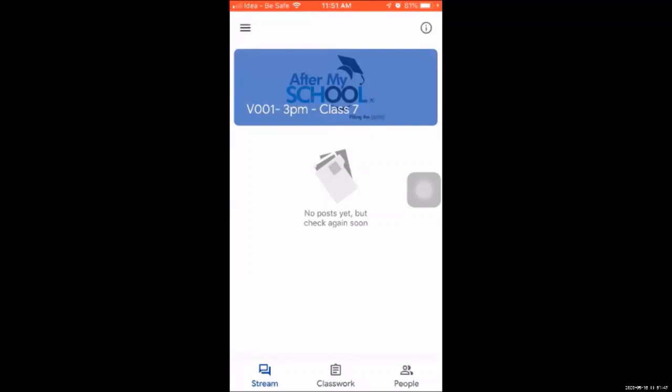And then once you join in the app, you click on this blue box, which is the class name. And you will see stream, classwork, people. Below, you are able to see these 3 tabs. So stream is something like your Facebook wall. Whatever is posted, whatever is done, it will get displayed there. So you don't have to bother too much about the stream. It is just for your information. What is important for you to look at is your classwork.